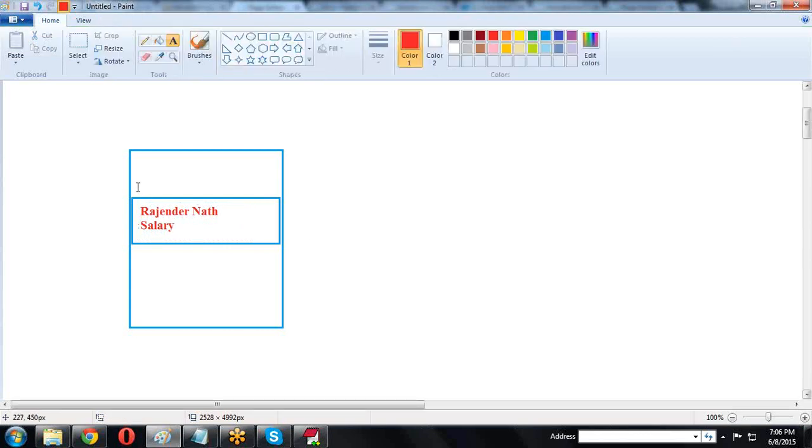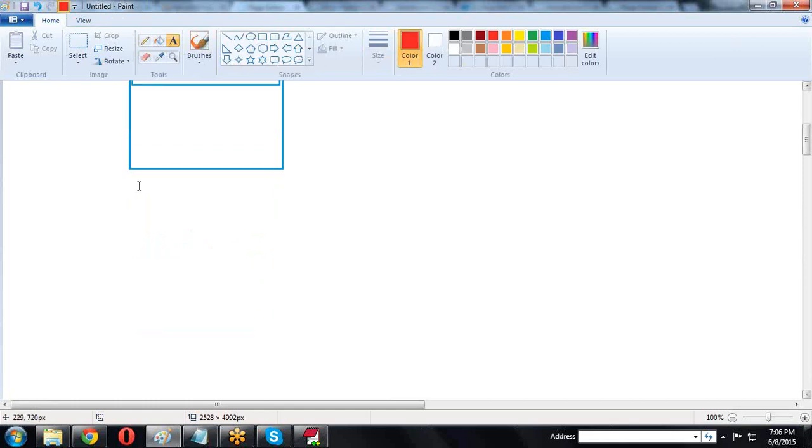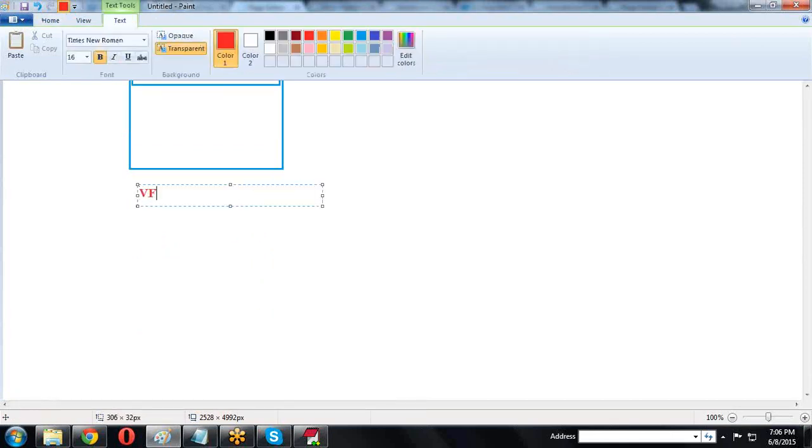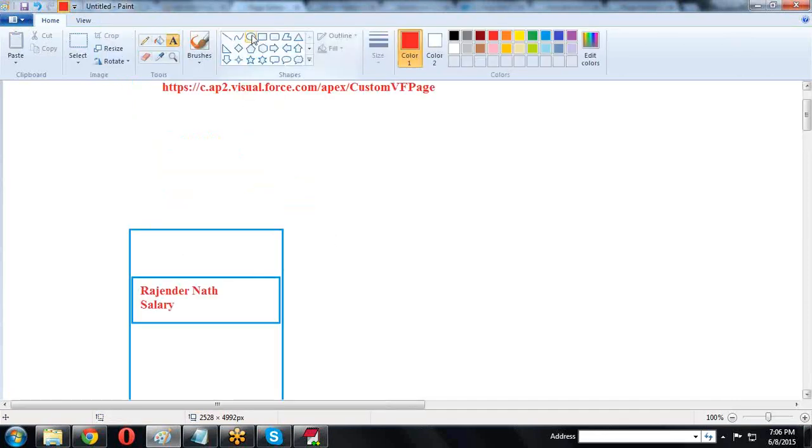But this information I'm not creating in the front end Visualforce page. This is a VF page I'm creating. The controller is in the back end. The logic is executing in the back end only.